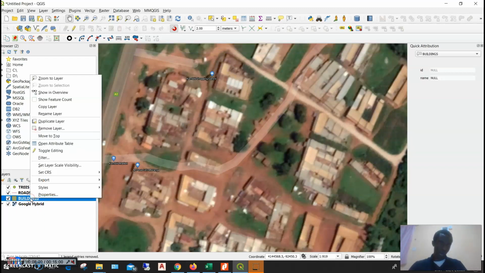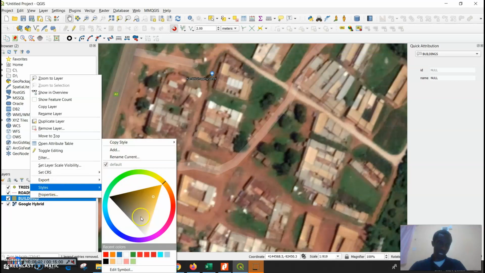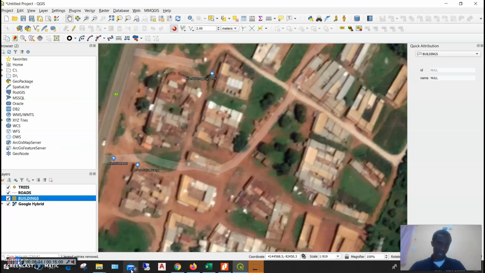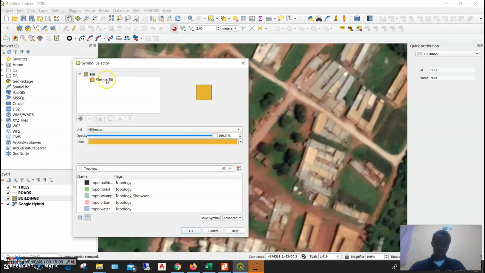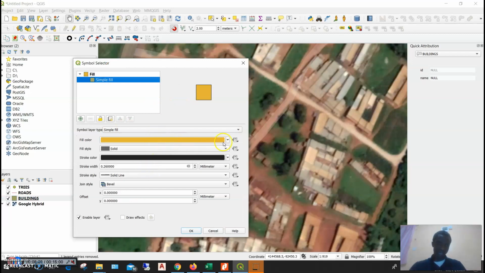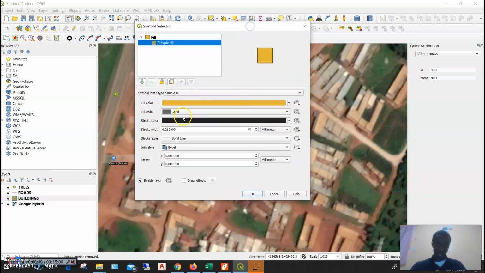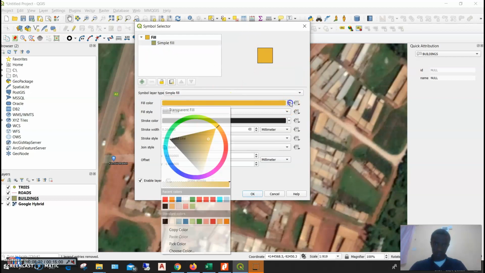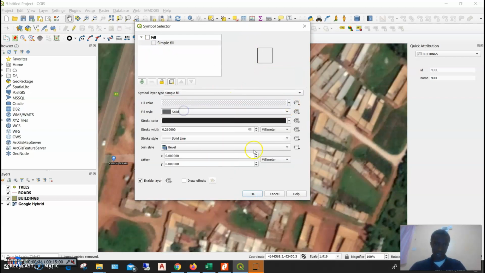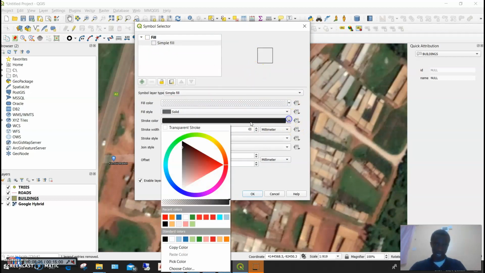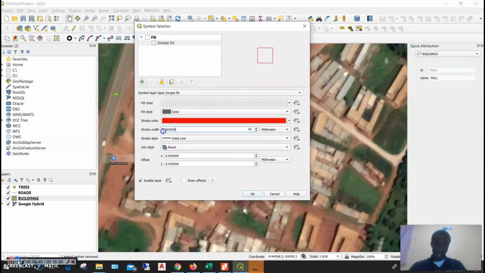For you to do a good job of digitization, tracing these polygons, you need to style your polygon. You need to remove the fill, let it be transparent so that you can see clearly, then give it a color that you can see. You can also increase the thickness of your polygon to something better, maybe 3.5.